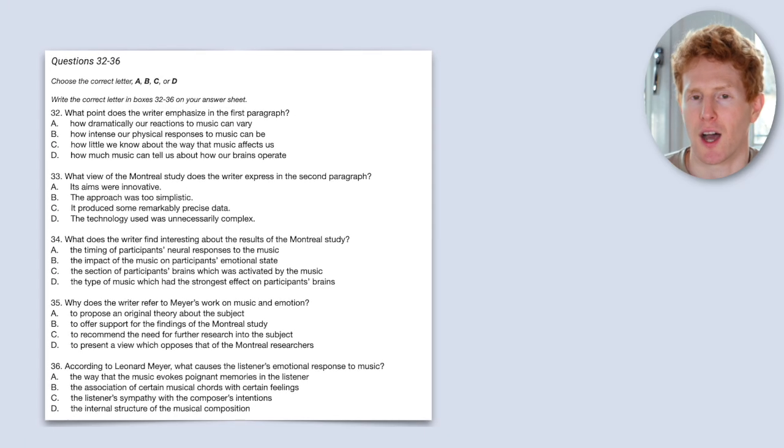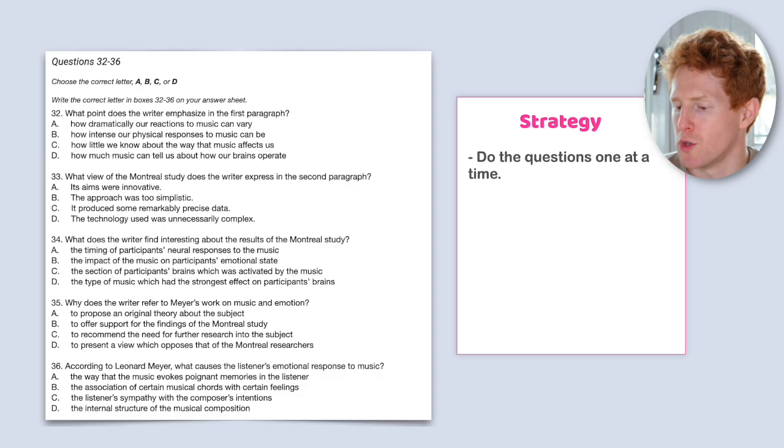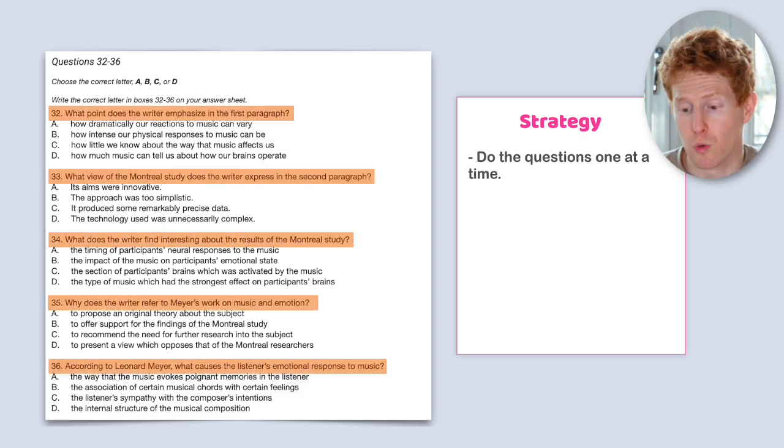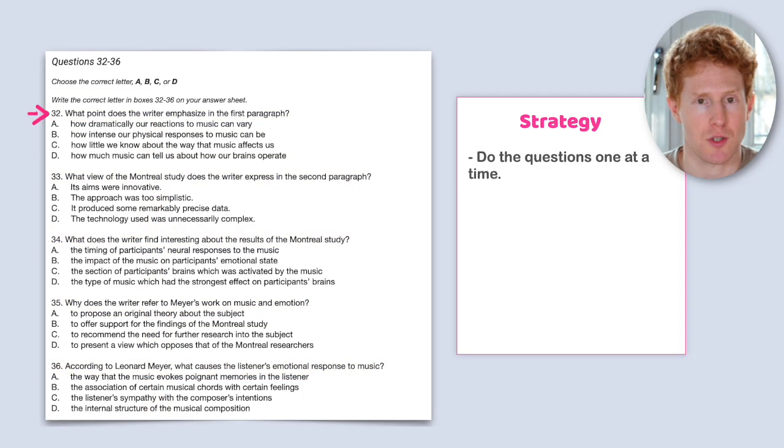What's going to be our strategy? Well, I recommend that you do the questions one at a time. You might want to read all the questions, but I think you should not focus so much on the alternatives, for example, A, B, C, or D, until you do this one at a time. So I would recommend first doing 32, reading the alternatives, finding the answer, and then moving to 33, 34, 35,